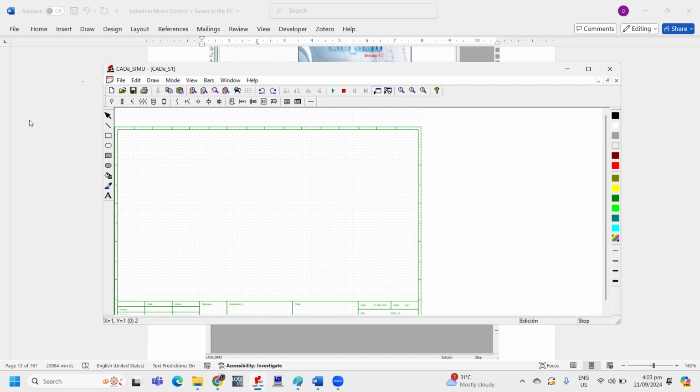The first thing is what we call the standard toolbar, the standard drawing toolbar.